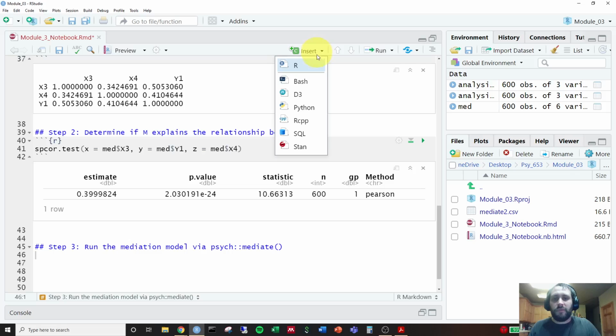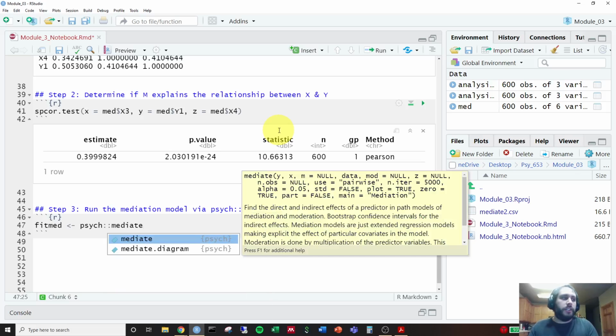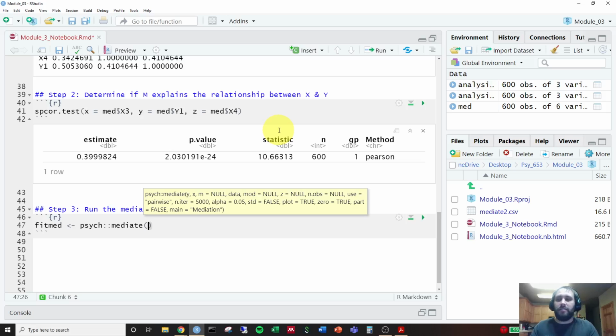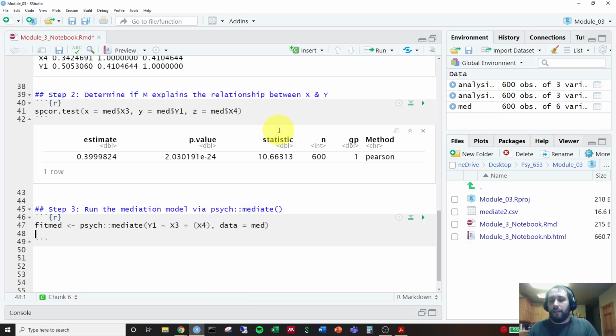Okay. Go and insert the new R chunk. We're going to create a new object called fitmed. Use our assignment operator, and we're going to use the psych colon mediate. So we're using the psych package's mediate function. Then we indicate what our outcome variable is, regressed on our predictor variable, which is x3, plus in parentheses what your mediator variable is. It has to be in parentheses for it to detect that it's a mediator variable, comma, data equals med met. And we do summary